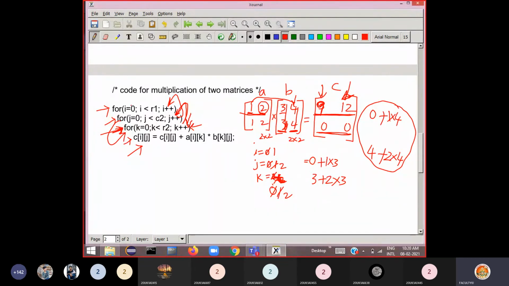So like this, these three for loops together calculate the resultant matrix. This is how we generate the resultant product matrix in the multiplication of two matrices program. Clear?